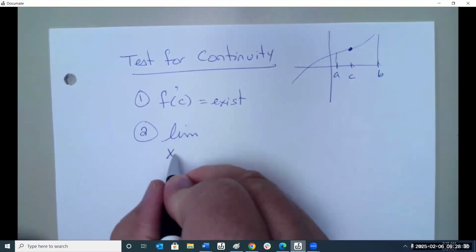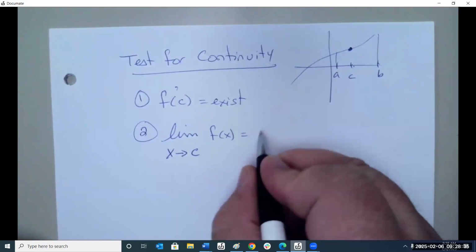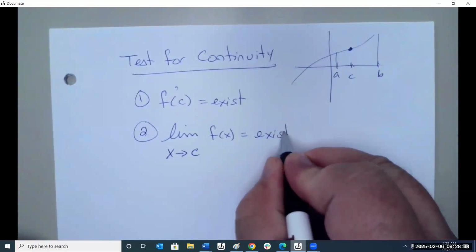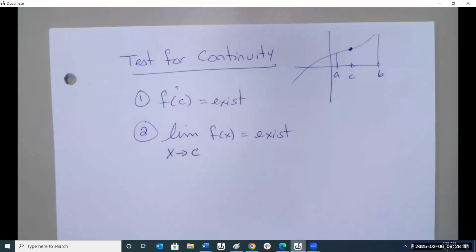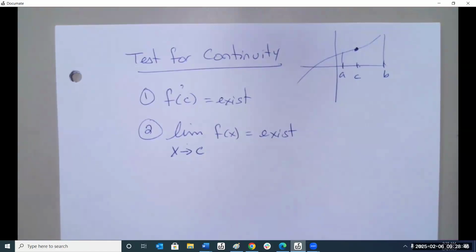as x approaches C, does that exist? Now, when I say the limit as x approaches c exists, what does that mean? For a limit to exist, what does that mean? As I approach c from both sides, the function has to approach a value, and it has to be the same value. So